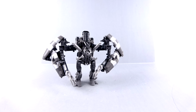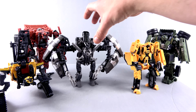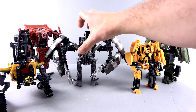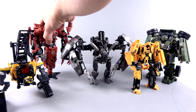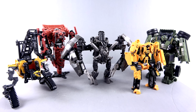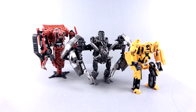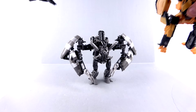Setting him here, I promised I would do it, and here they are. Here are the rest of the Constructicons that I currently have, and we're almost there, guys. Like I said, I have Scavenger on the way, and after Scavenger, that only leaves Scrapper and Overload. So this journey that we've been on with the Constructicons that has seemingly taken forever is actually wrapping up pretty quickly,